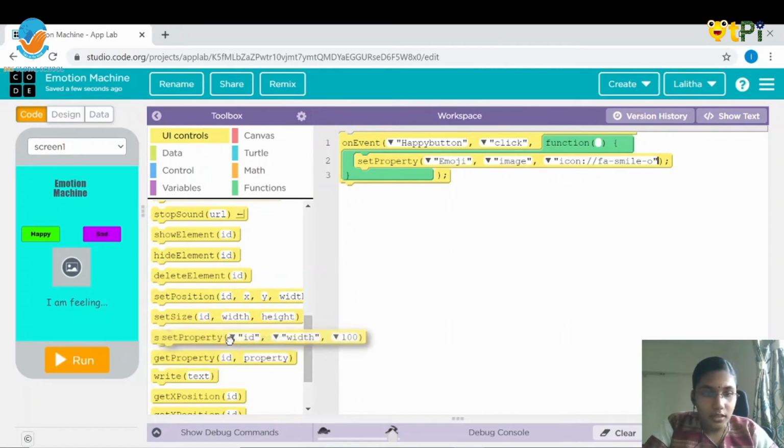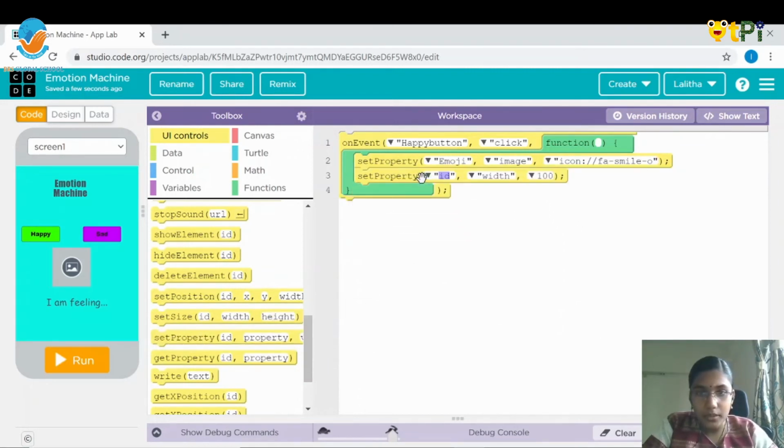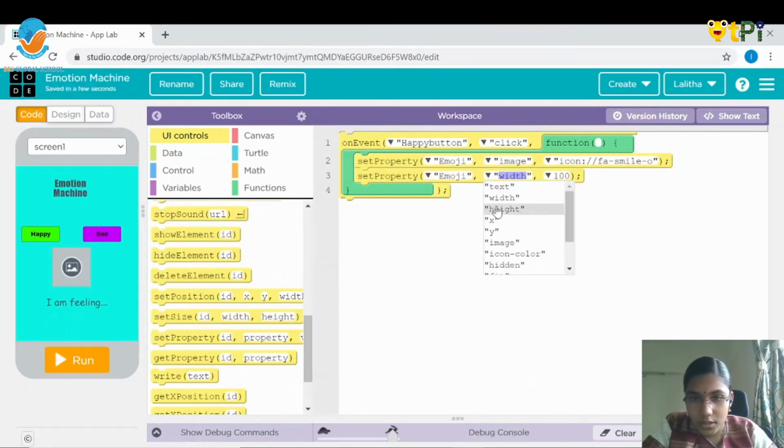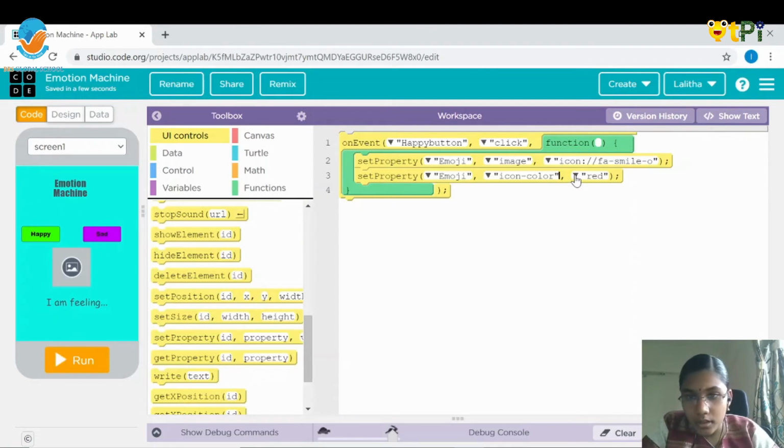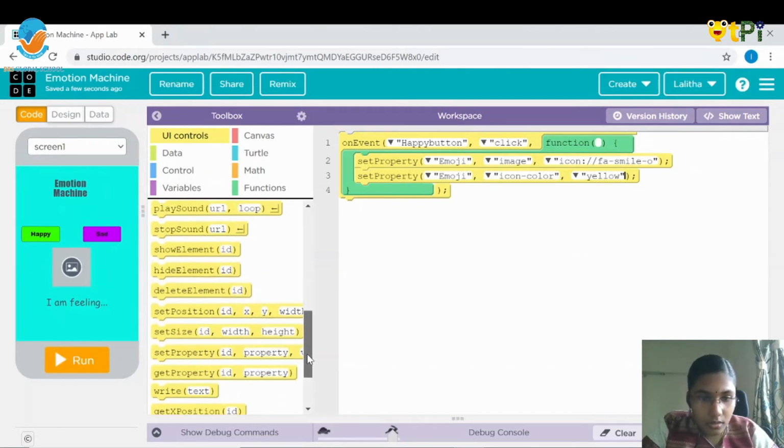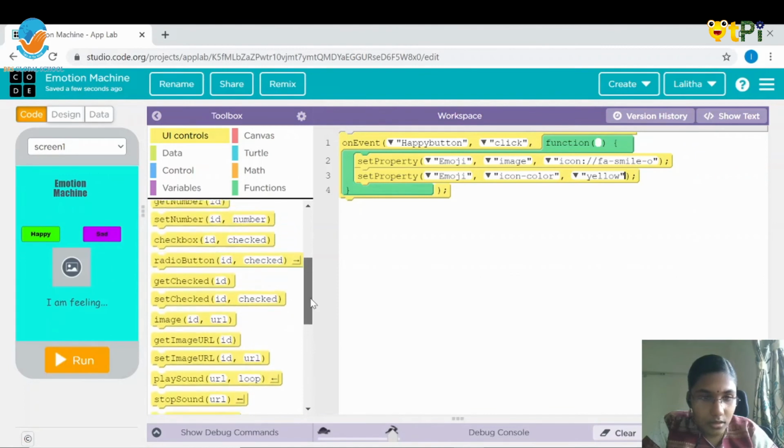So again we need to drag and drop the set property, and instead of ID give it as emoji, and instead of width, that's a small change in this, instead of image you are going to give it as icon color, because we are going to change the color of that icon, and I would like to give it as yellow. So we are done with the image, and next we are gonna move on with the text.